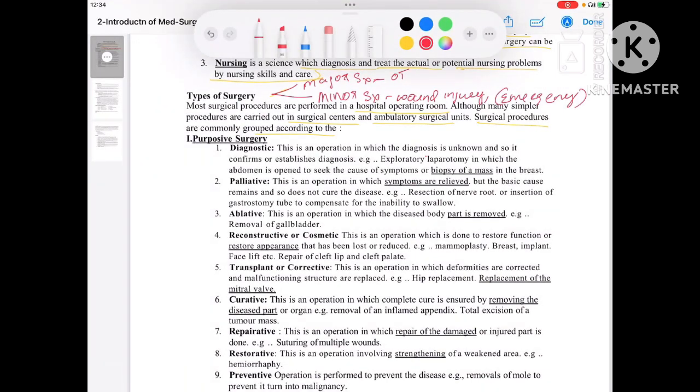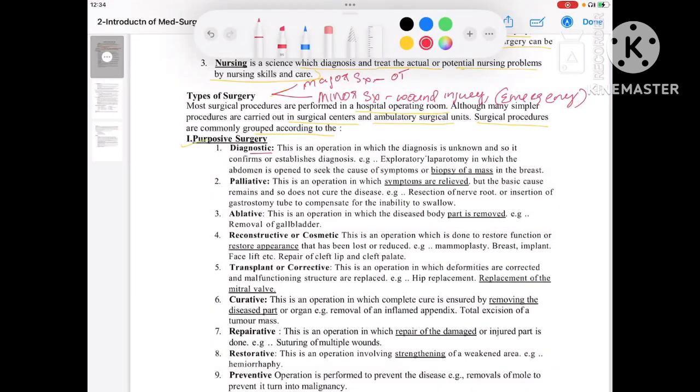Surgeries are grouped according to certain criteria. Let's see them one by one. The first criterion is according to the purpose of the surgery. So the first one is